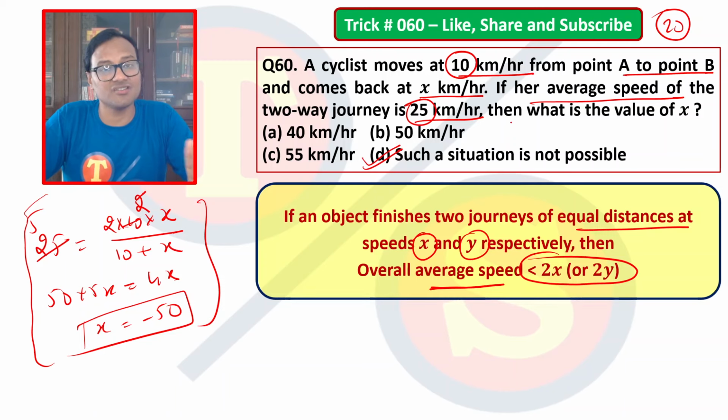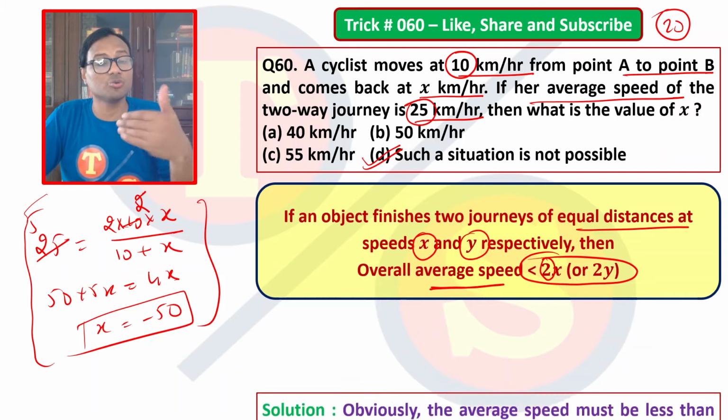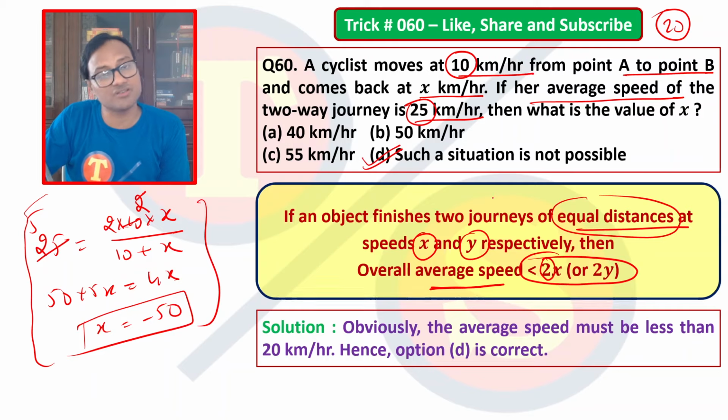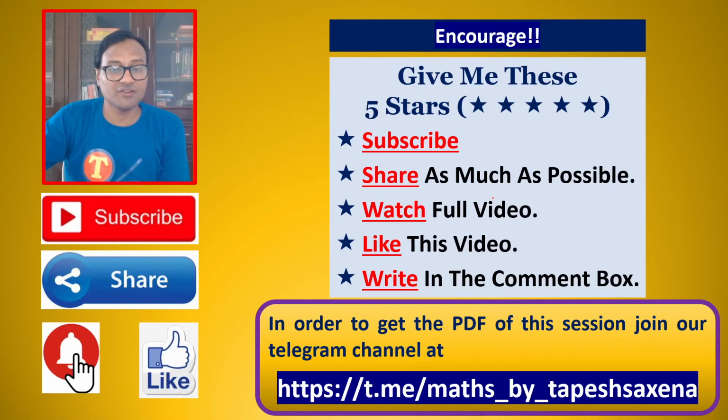If there are three journeys, then three times. If there are four journeys, then four times. This factor will change according to the number of laps, the number of journeys of equal distances, right? That is another very important point: each journey must have equal distance. Okay, after that, if I see question 61,